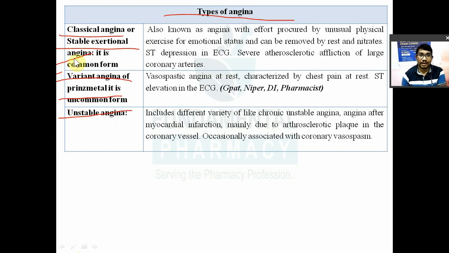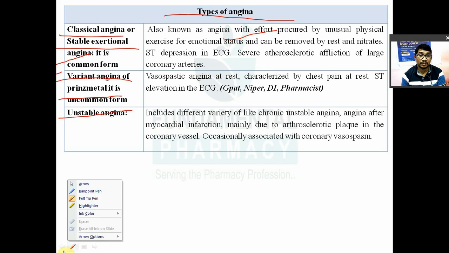Now what happens in the classical angina? Classical angina, it is also known as angina with effort. Now it is produced by unusual physical exercise or emotional stress, and it can be relieved by rest and nitrates. मतलब क्या हो रहा है कि जो क्लासिकल एंजाइना है उसमें क्या है? आर्थ्रोस्क्लेरोटिक प्लेक है आपके